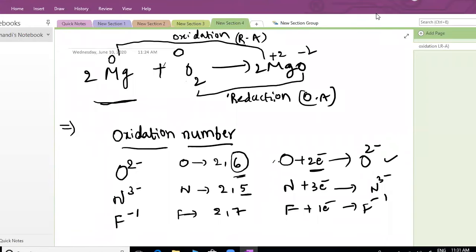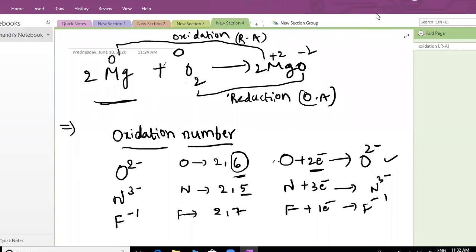Our target is 8 electrons. That is called the octet rule. If they have 8 electrons, that is stable. Okay, you said the answer, fine. I think you got that meaning, why we are getting 2 minus, 3 minus, different numbers. Fine.